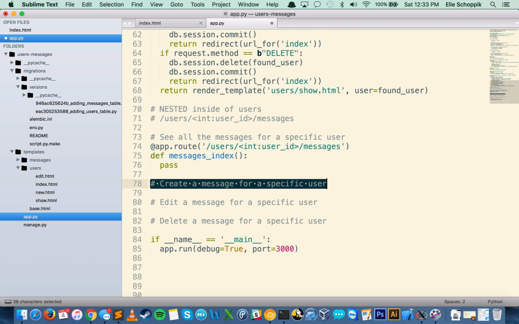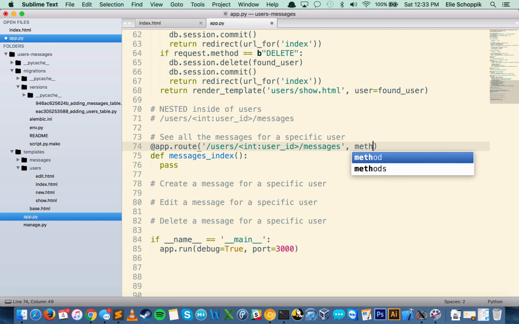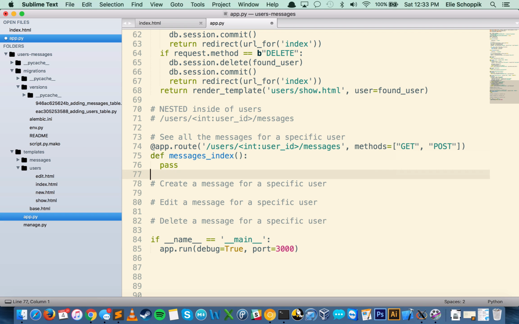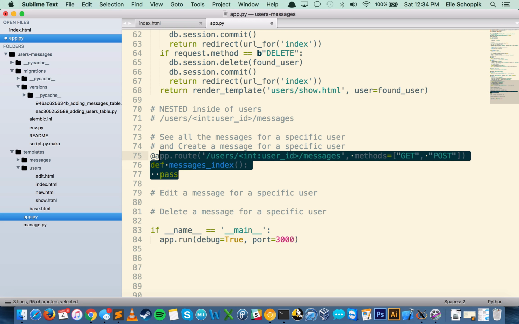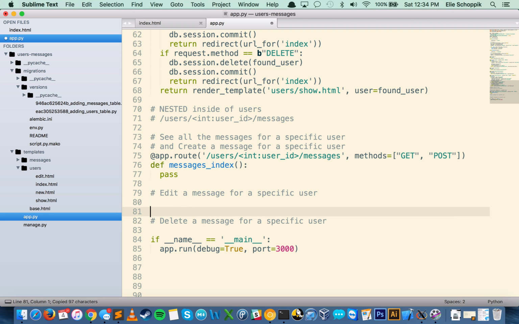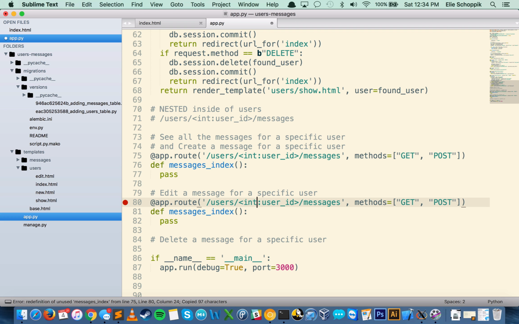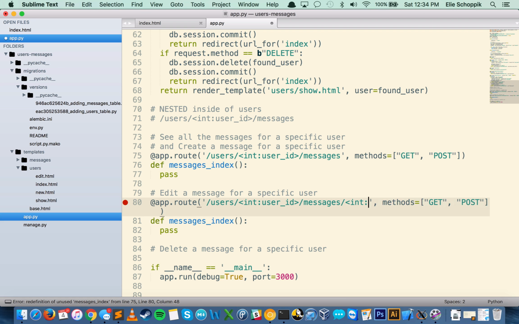If we want to create a message for a specific user, no problem. That's just a method with get and post, that should handle these two right here: see all the messages and create. How about editing a message for a specific user? Well, that route is going to look like /users/int user ID/messages/some kind of ID